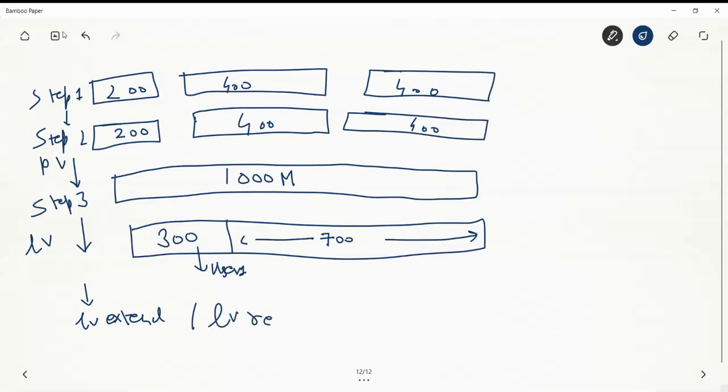In the next video we'll see how we can create the partitions. We have already seen this before, but we'll go through it again: creating the partitions, then converting them into physical volumes, then grouping them into a volume group, and finally creating a logical volume. After creating the logical volume, we will change its size and see how Linux behaves. So in the next video, we will see the practical of this.